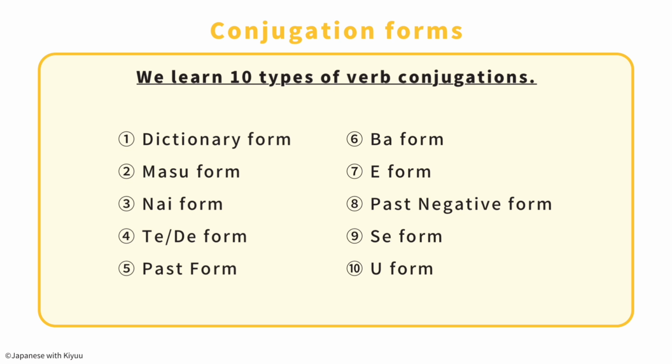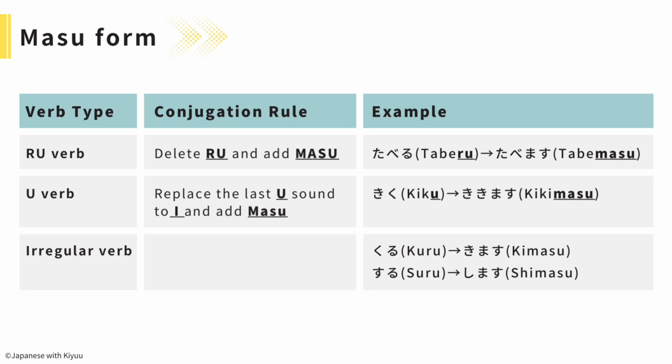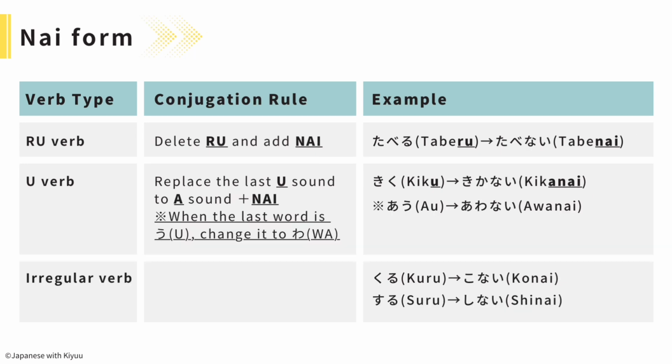There are 10 types of verb conjugations. First one is dictionary form. This is the basic form. Masu form: る verb, delete the last る and add ます. For example, 食べる is 食べます。う verb, replace the last u sound to i sound and add ます. For example, 聞く is 聞きます。Irregular verb, 来る is 来ます。する is します。